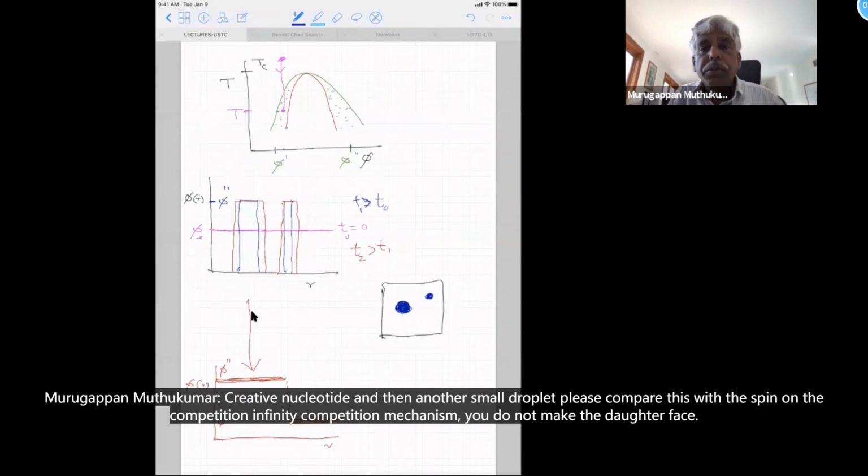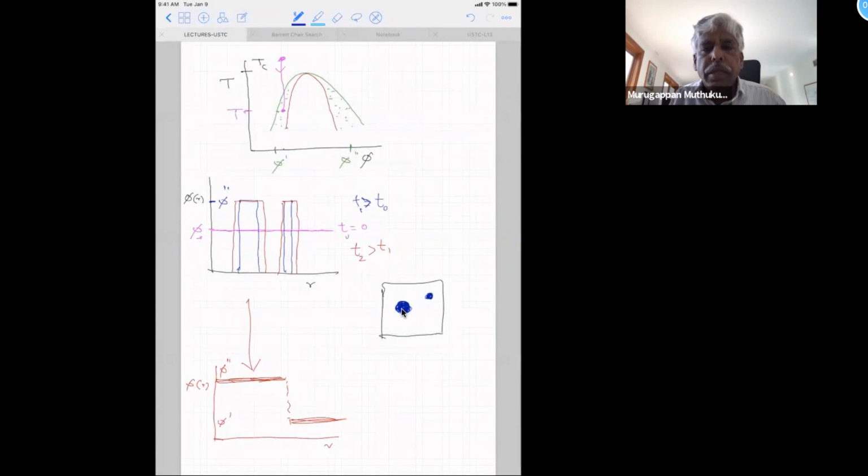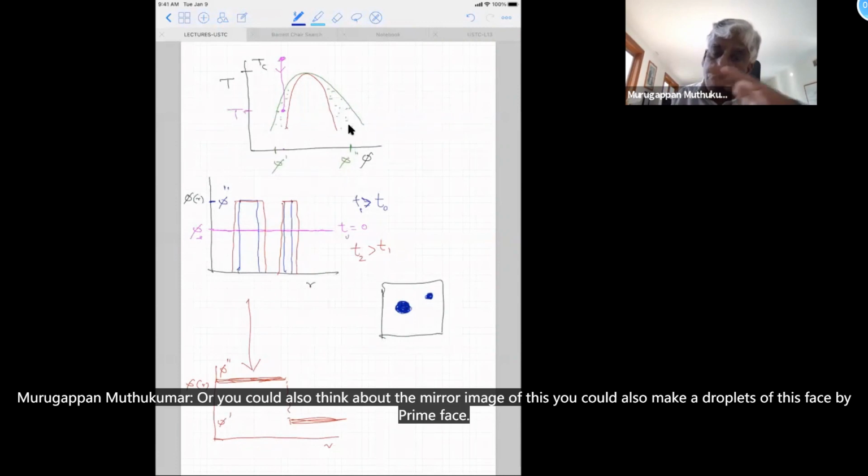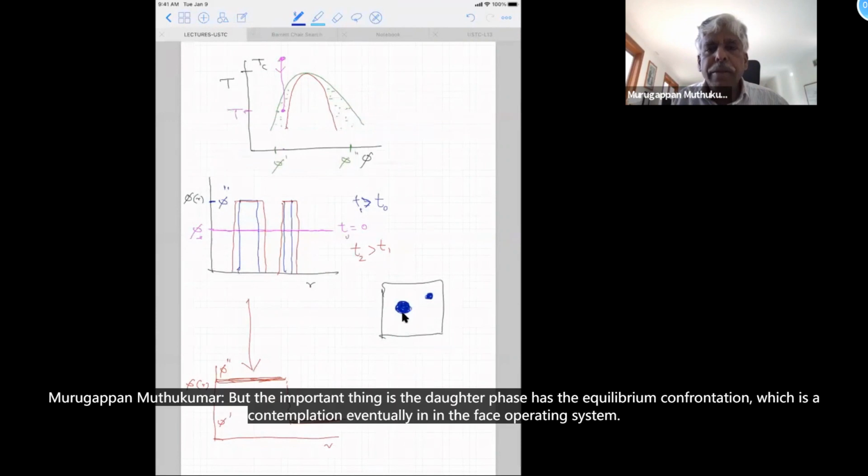In the spinodal decomposition mechanism, you do not make the daughter phase. The concentration of that phase is this. Or you could also think about the mirror image of this. You could also make droplets of this phi prime phase. But the important thing is that the daughter phase has the equilibrium concentration, which is the concentration eventually in the